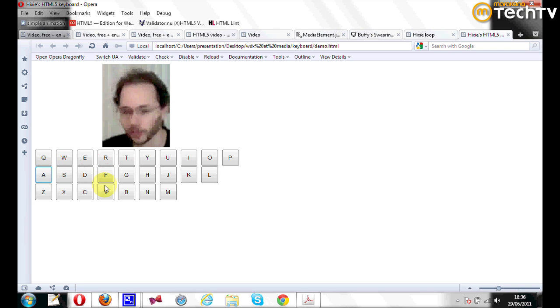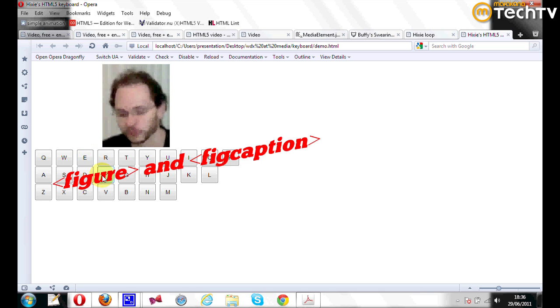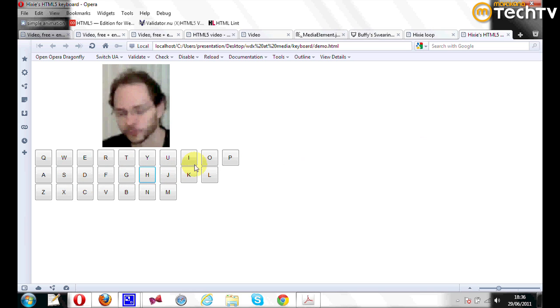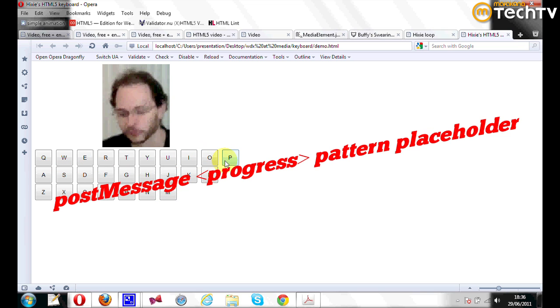Article, BDI, canvas, details, embed, figure, figcaption. Geolocation isn't really part of HTML5. Header, itemprop, JavaScript is lovely. Keygen, localStorage, menu and meter, nav, output, postMessage, progress, pattern, placeholder, queue element,